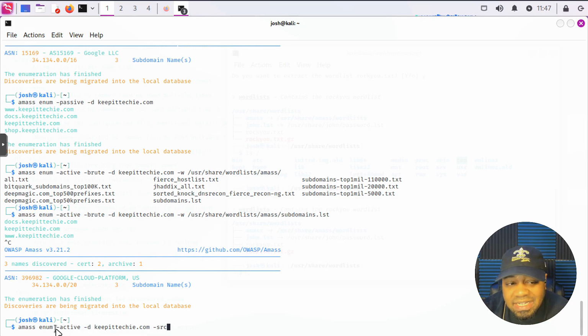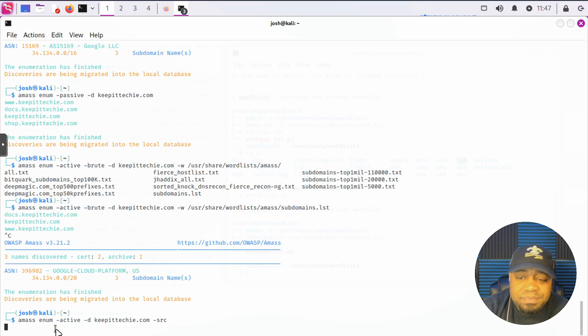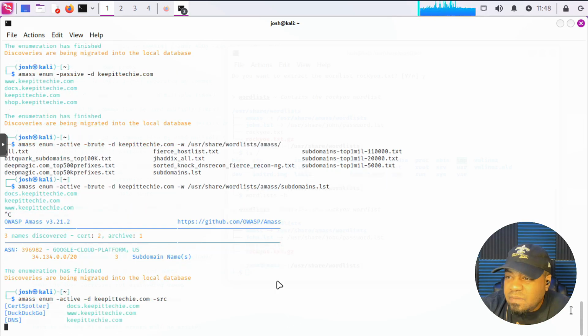And this will try to identify subdomains using other data sources, like I think VirusTotal is one, or Shodan, that's another one. It'll use that data source as well to try to find other subdomains for that domain. So let's go and press enter, and I'll wait to at least bring up one of those first three results, and then I'll cancel it and move on. And watch this, let me show you where it's getting from. So SearchSpotter is where it got